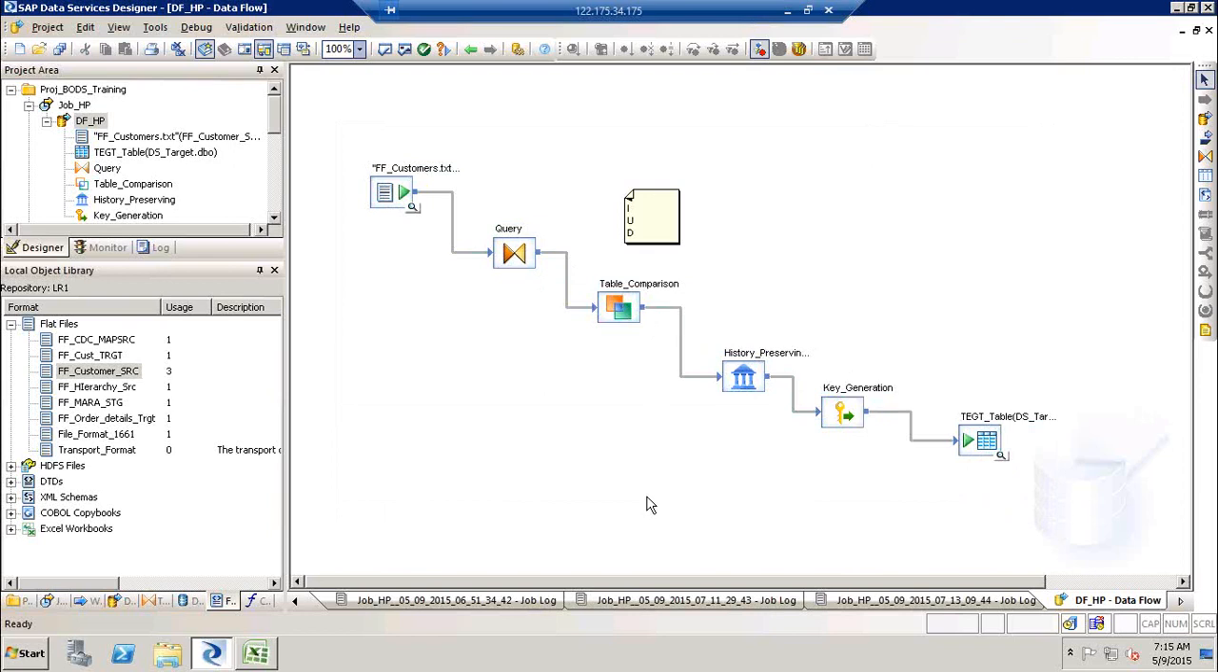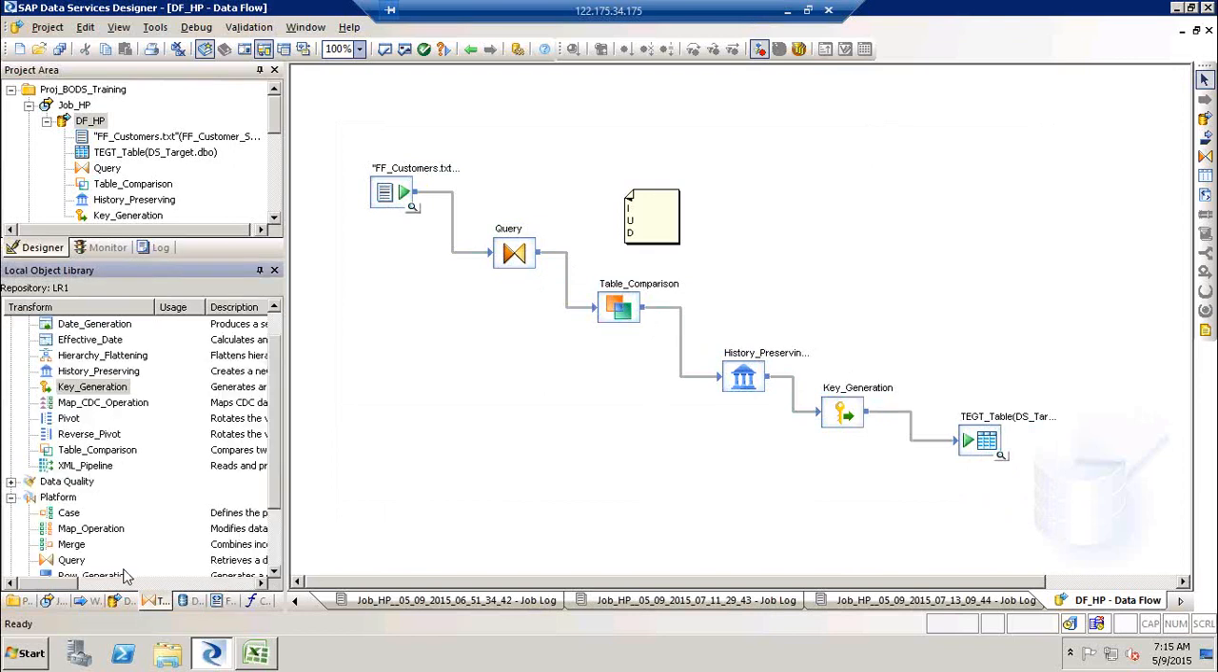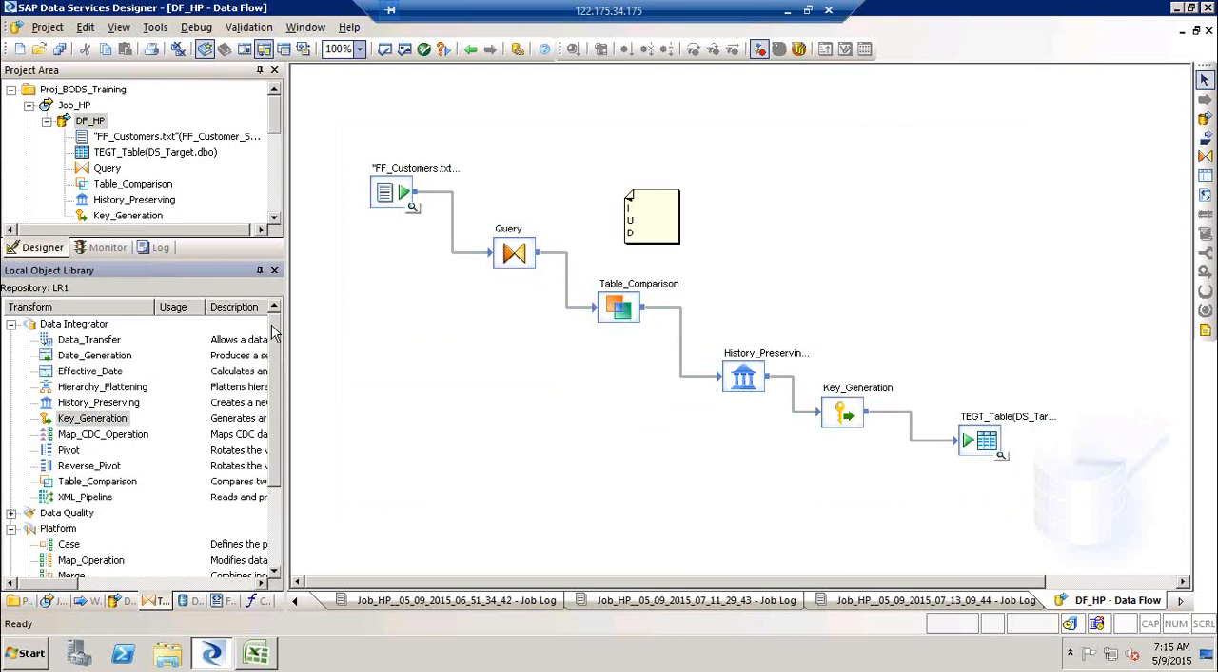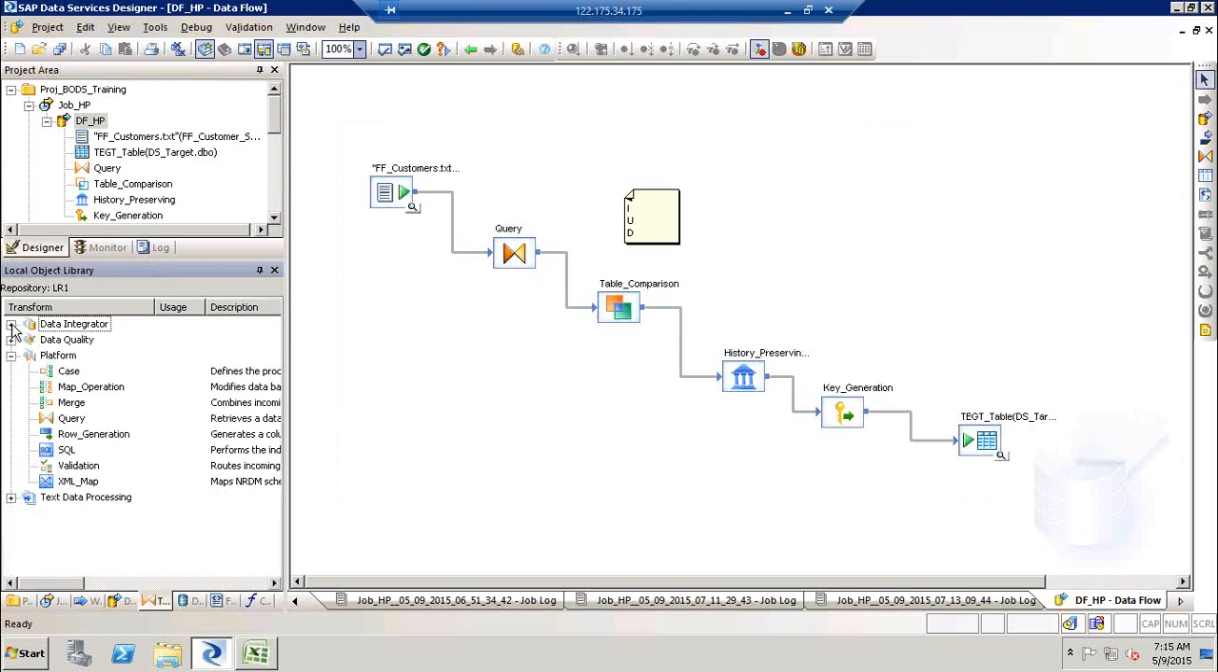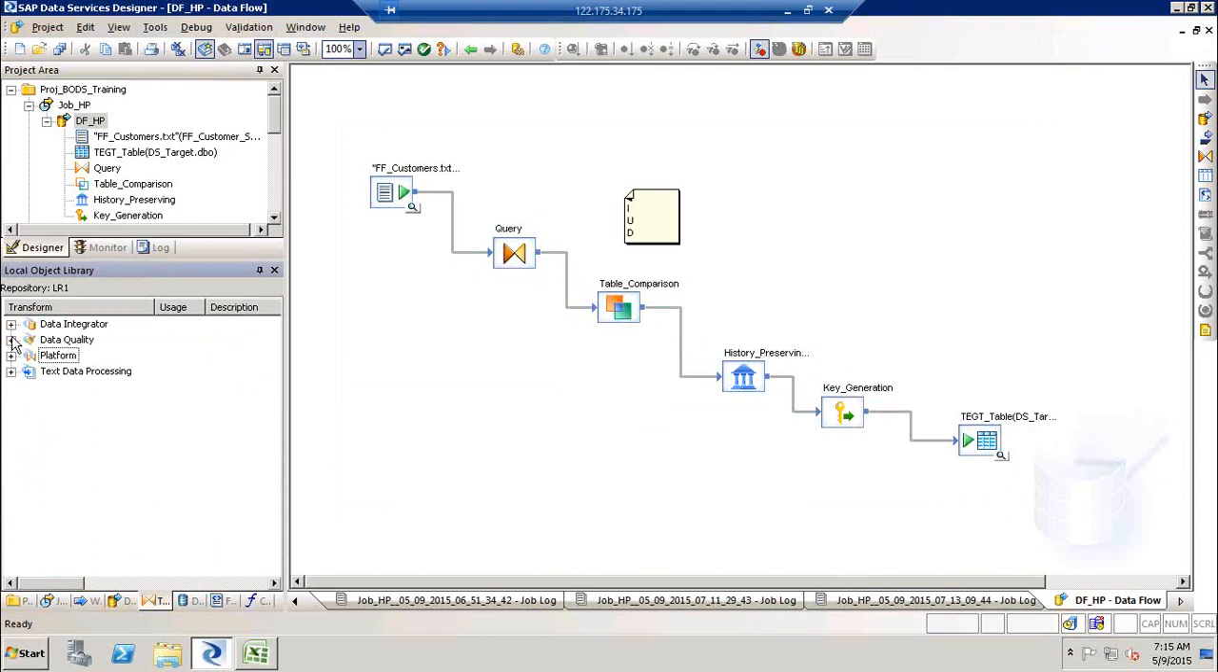Right, so any questions on this? With this we complete the integrated transformations, right? So I think we're done with all the integrated transformations. So any questions on this, please let me know before we proceed to match transformation from quality, because